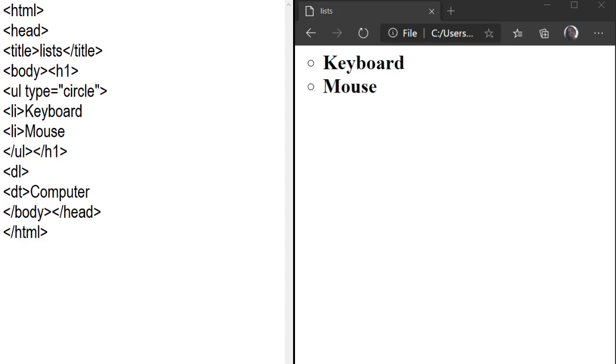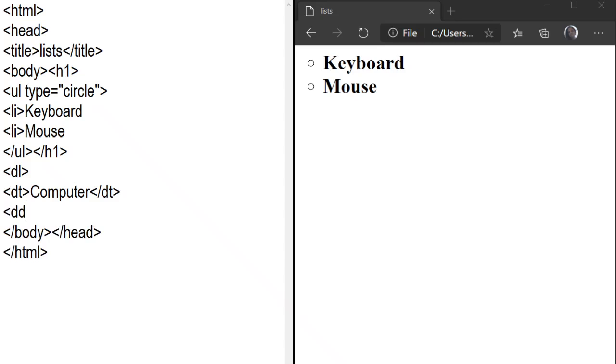Here your main heading is computer, so you write the main heading in DT, definition term. After that you close the DT tag here, and these are all container tags: DL, DT and DD. DT is definition term, DD is definition description, and DL is definition list. Between the DL, two more tags are there, DT and DD. These both work between the DL tag.